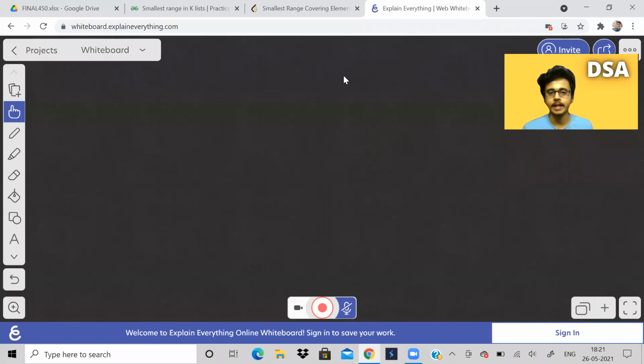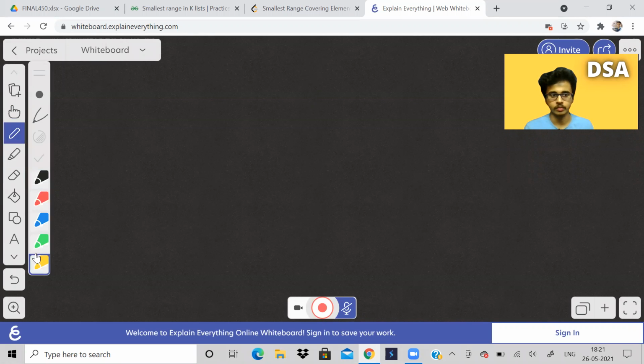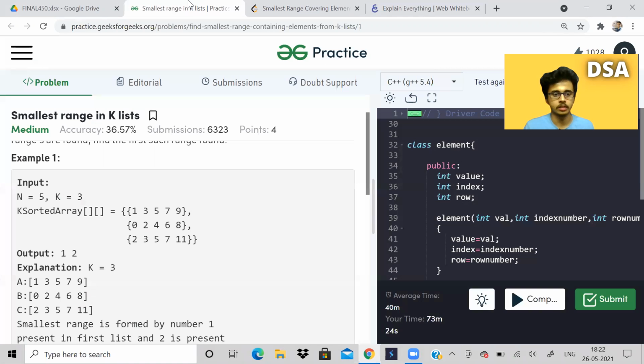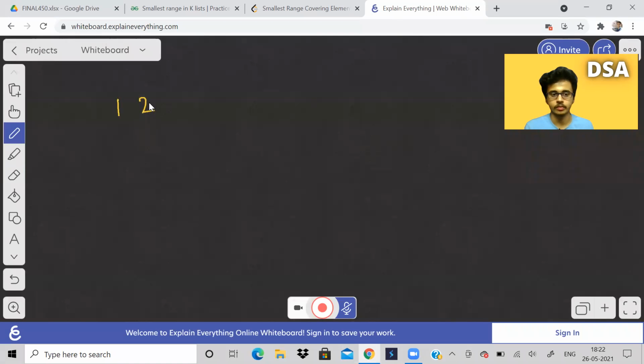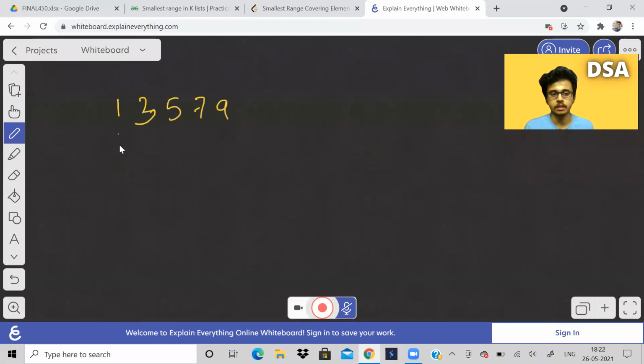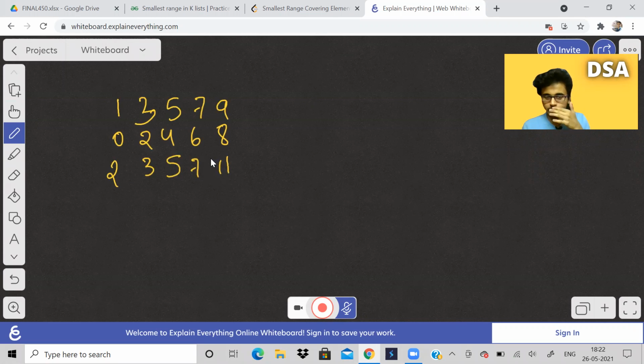The example here is 1 3 5 7 9, 0 2 4 6 8, and 2 3 5 7 11. So these are the k lists of size 5.